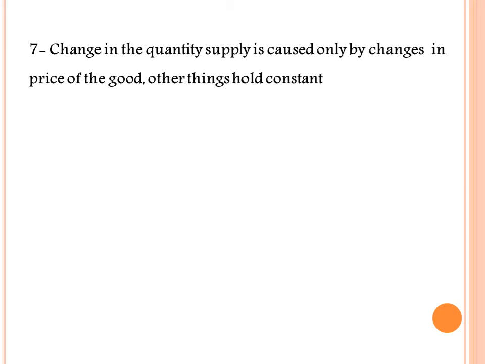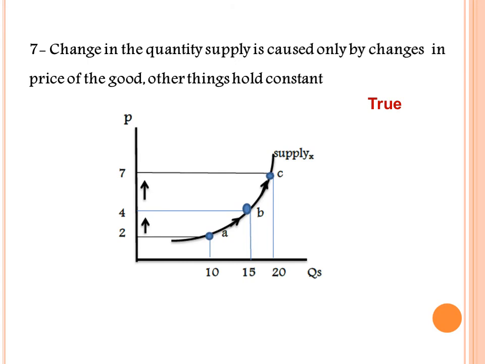Number 7, a change in the quantity supplied is caused only by changes in the price of the good, other things held constant. This sentence is true. We know that there is a positive relationship between the price of the product and the quantity supplied of that product. This is called the supply law. So when the price of the product increases,